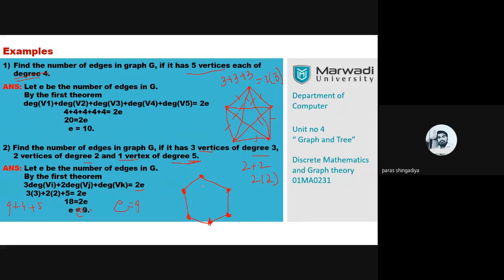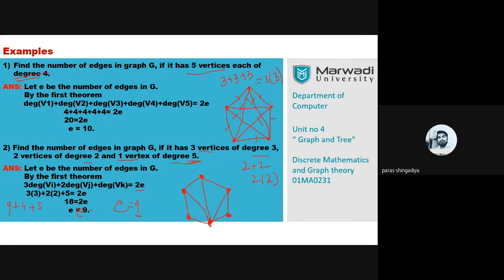And then after, we need to create more edges. Now remember one thing, when we create a design, you have to create edges in such a way that the degree of each vertex should be fulfilled. Clear? So here we have to create 6 edges in the boundary, clear, to connect all 6 vertices. Now 3 edges are remaining to connect that. Clear? 3 edges are remaining after completing the boundary.